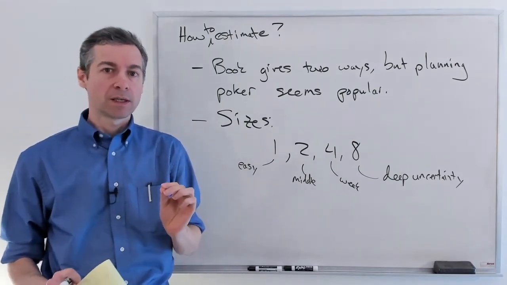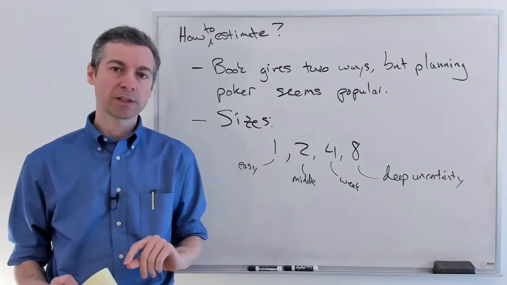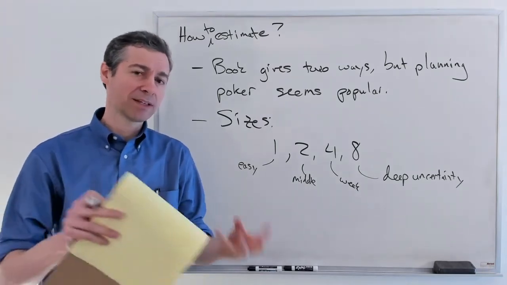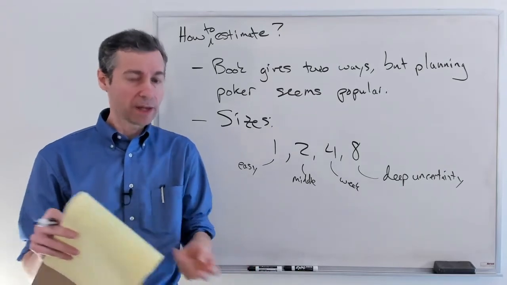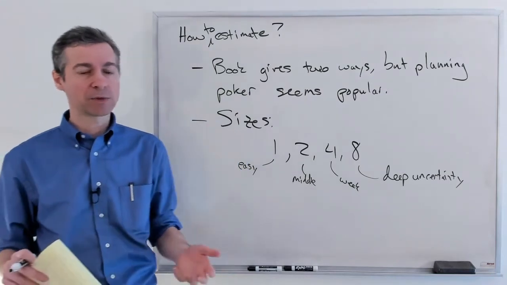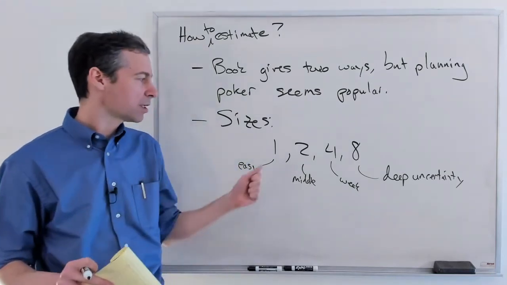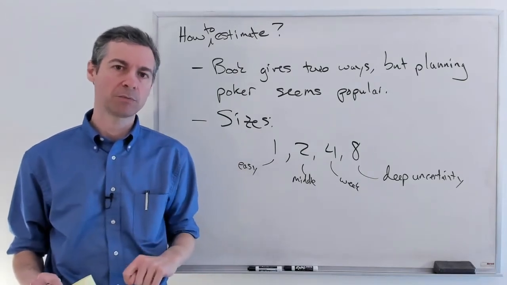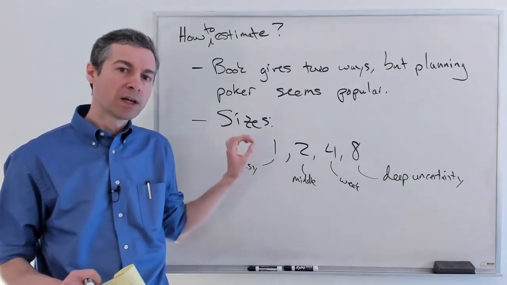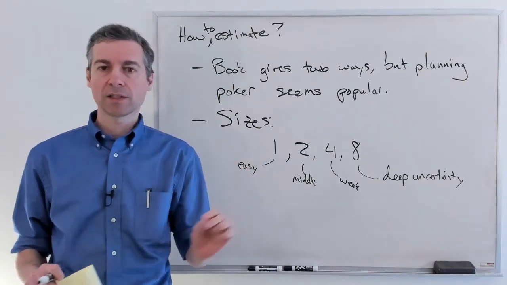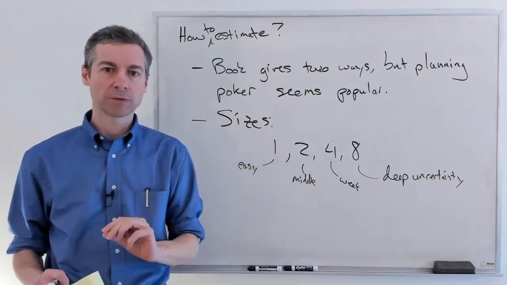Because every team is going to have a slightly different velocity based upon how they are estimating their stories, as well as their ability to get their work done. It's entirely possible that what one team means by a 2 is not the same thing as what another team means by a 2. So we cannot directly compare one team's velocity number to another team's velocity number.